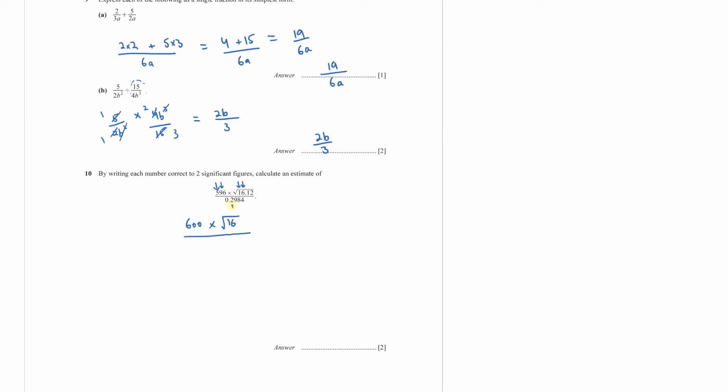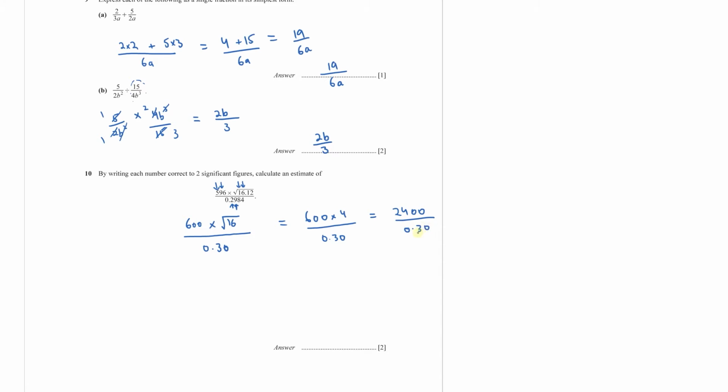And then this is your first non-zero value. So 2 is the first significant figure, 9 is the second, and then you have 8. So 8 is greater than or equal to 5, so this becomes 0.30. Then the square root of 16 is 4, so you get 600 into 4 divided by 0.30, which is 6 times 4 is 24, and then the two zeros, 2400 divided by